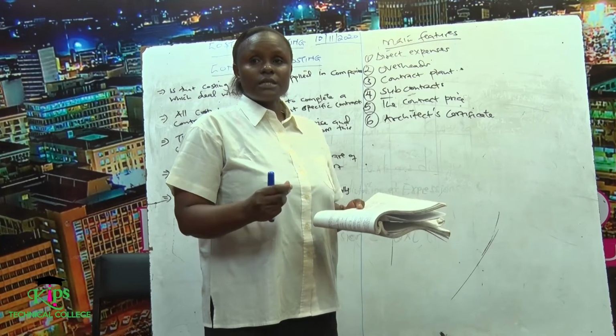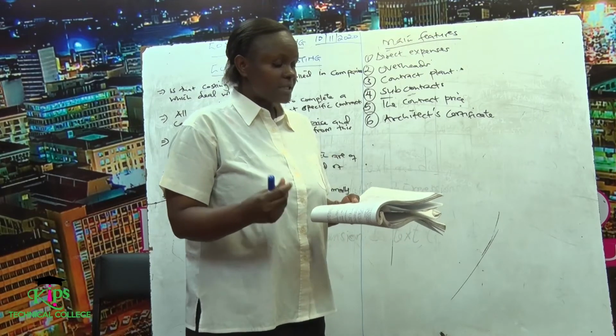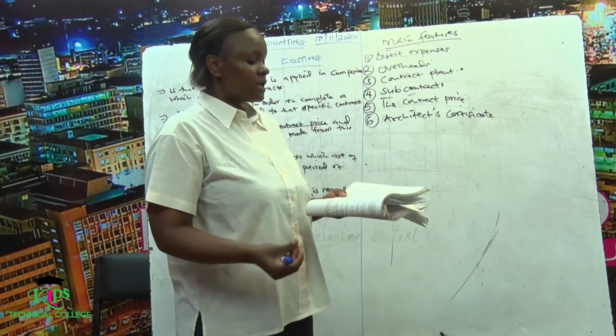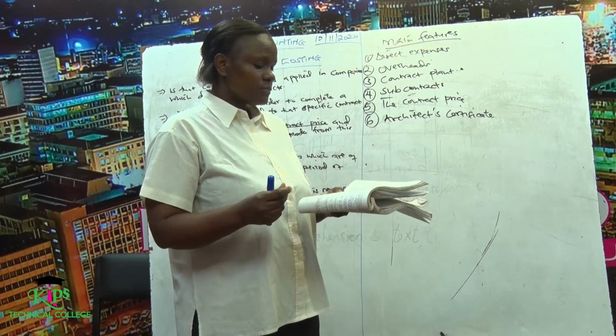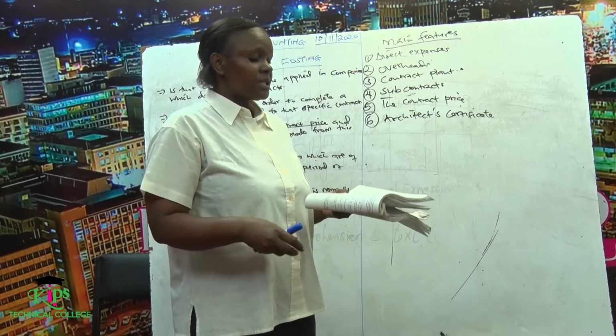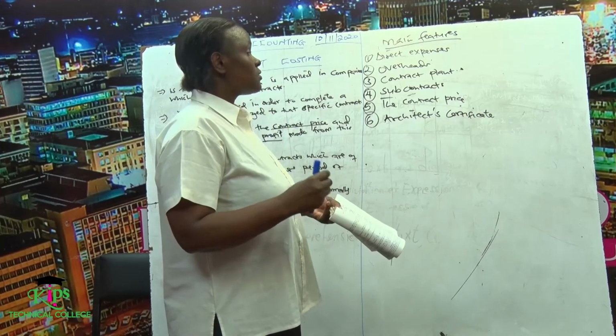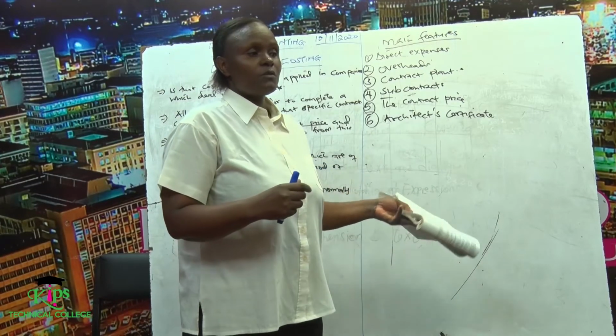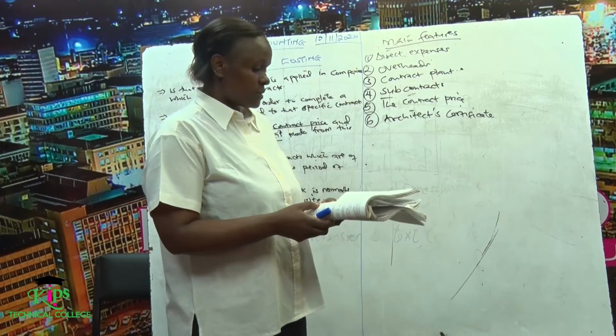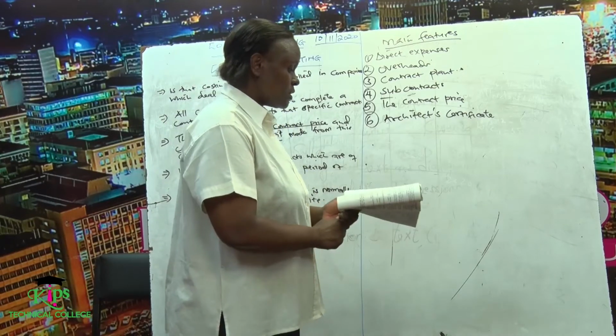When the contractor receives the architect certificate, he can use that certificate to claim the amount for the work which has been completed. The architect is appointed by the contractee. It is the contractee who appoints the architect so that he can certify the work. He can check whether the work which has been done by the contractor is of good quality.